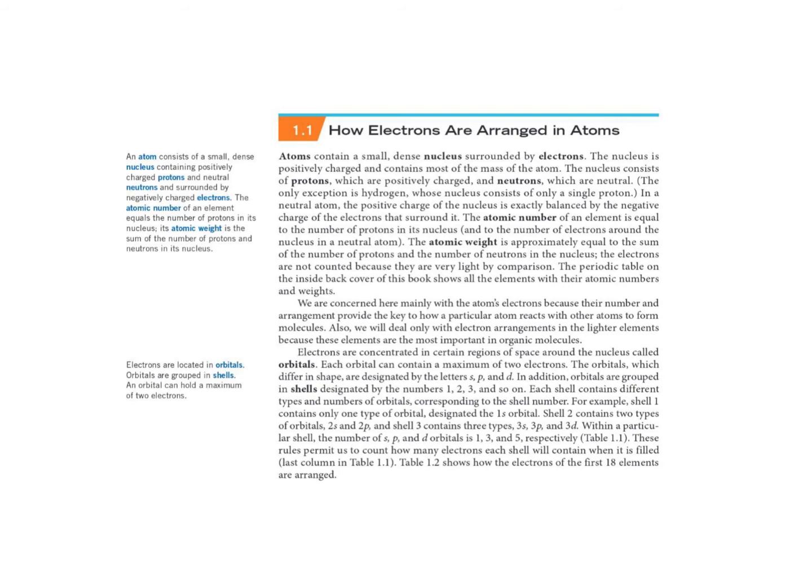What is atomic number? Can anyone tell me? Number of protons. Exactly, number of protons in an atom. And it also equals number of electrons, right? So if you want to know the number of electrons in an element, for instance, fluorine, how many electrons does it have? 9, right? You go to the periodic table, this number on top is the atomic number, which is the number of electrons. So if I ask you how many valence electrons fluorine has,